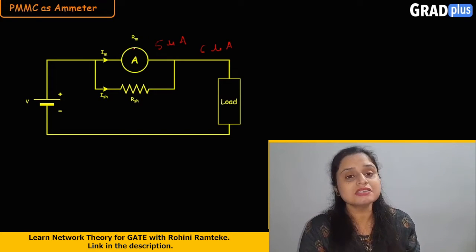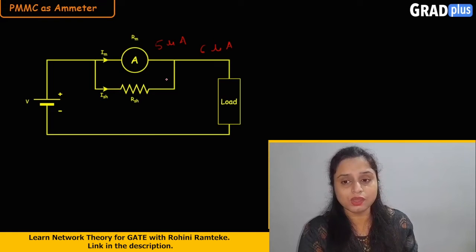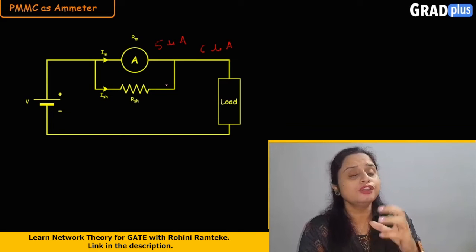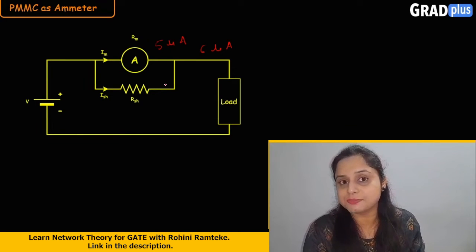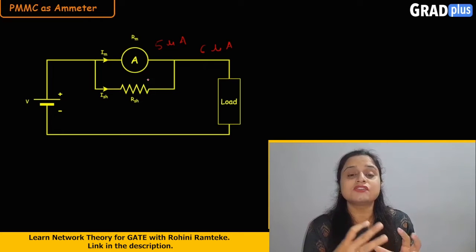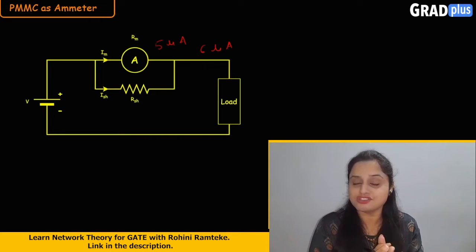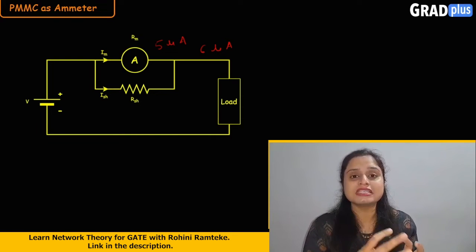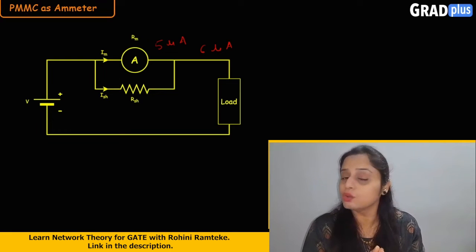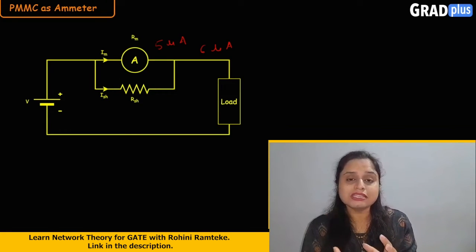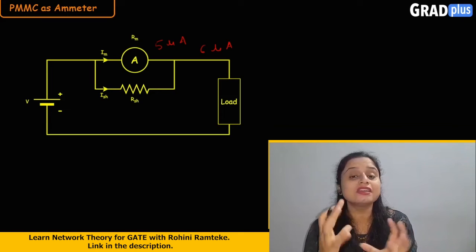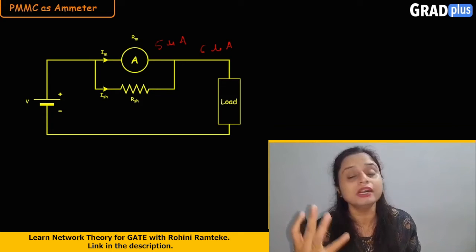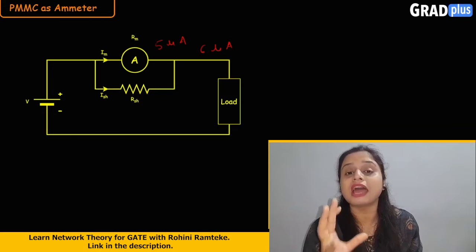Now as we give the supply, the current is flowing, and when this is happening, heat will get developed in this complete instrument. Due to that heat, the temperature rise will take place, and due to that temperature rise, there will be some changes taking place in the complete instrument or in the complete network, because we already know that the resistance and the temperature are related to each other. Now as the heat increases, that means the temperature increases, the resistance values will get changed, and due to that this ammeter will show the error. That means it will not show your accurate reading.